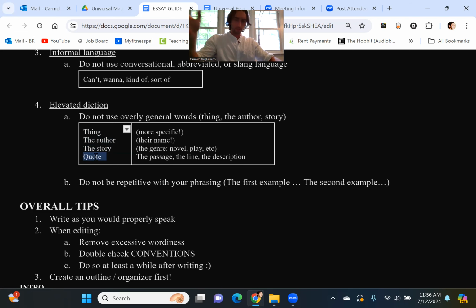We also want to get away from the phrase quote. This is something kind of on the side that I've noticed in the past couple of years. We don't want to say, oh, one quote that demonstrates how this thesis is relevant. We want to say, an example of this is when Romeo says blah, blah, blah. Just remove the term quote, right? The term quote is a little bit too self-referencing, okay? So say, for example, the passage, the line, the description, the response, something like that, instead of saying the quote from Romeo.